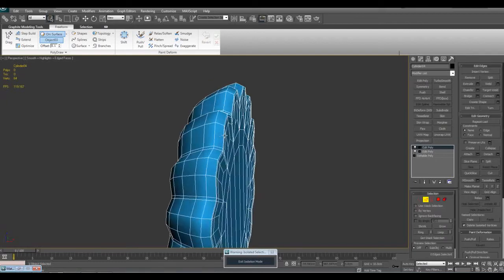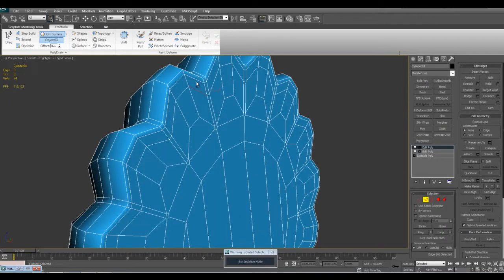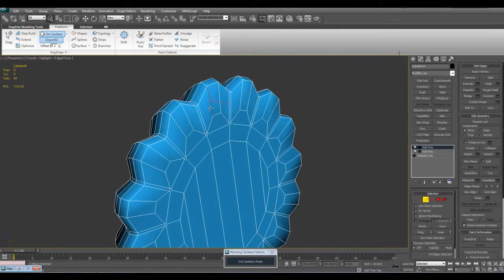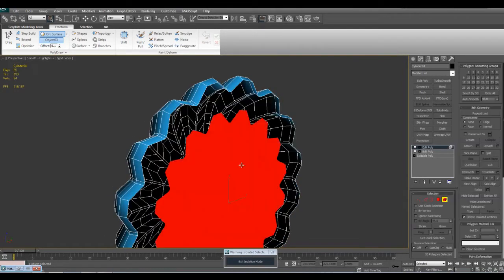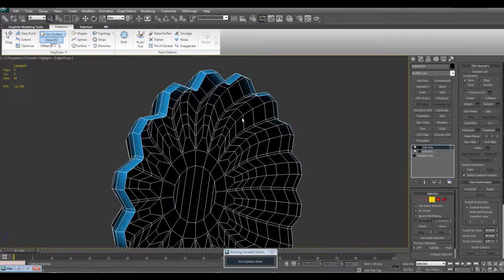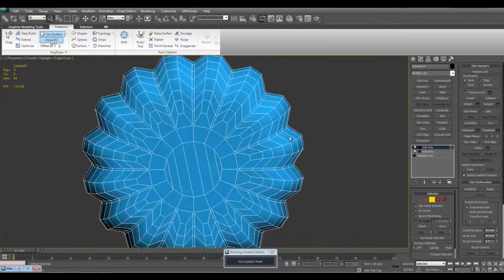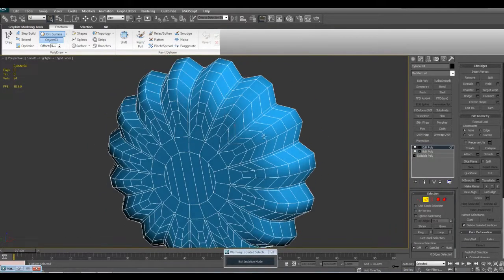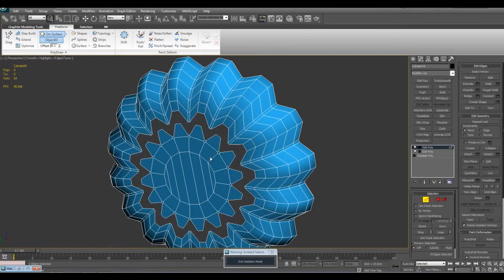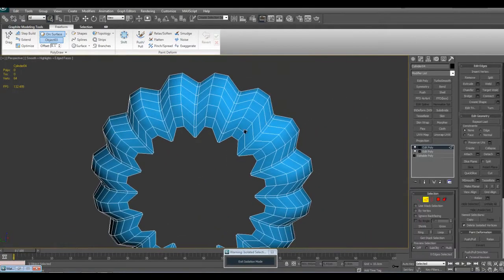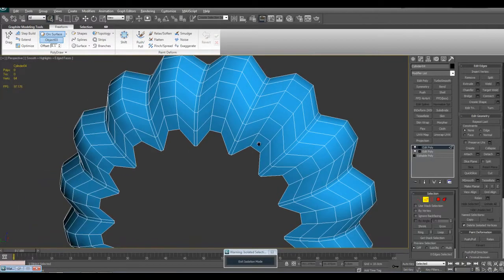So of course I'll start by removing the edge loops. What I'm going to do is go ahead and delete the center part and leave it for now. This is a flat area. I can go ahead and cap it later. And let's see, what I'll go ahead and do